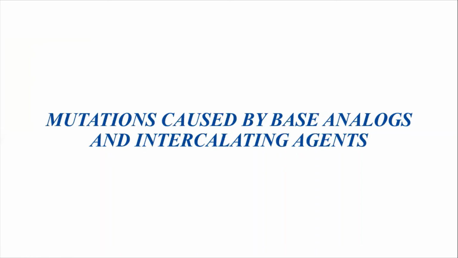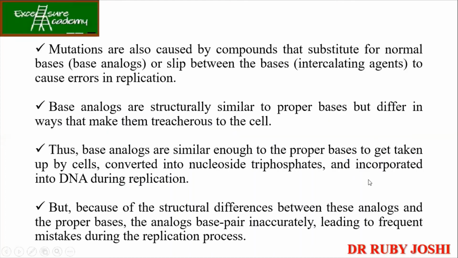So now let's talk about base analogs and intercalating agents. So what are base analogs? नाम से ही पता चल रहा है. So they are going to mimic the structure of the bases, ATGC. ठीक है? And intercalating agents means like in between the bases. So they hamper the base pairing between the base pairs. Okay. So mutations are also caused by the compounds like base analogs and the intercalating agents, which cause errors in